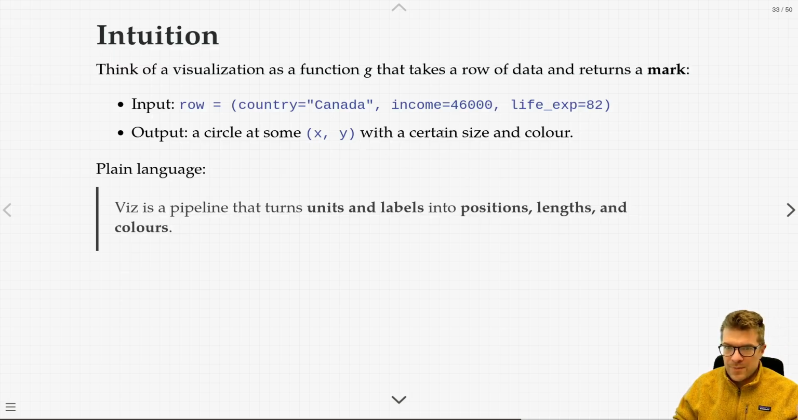We could represent this like the function could take this input and output a circle at point x, y. X might be 46,000, y might be 82. And the size and the color might indicate whatever other information I have here. The color might just represent Canada through the color red, for example. So visualization can be thought of, when it's actually implemented, as a pipeline that turns units and labels into positions,